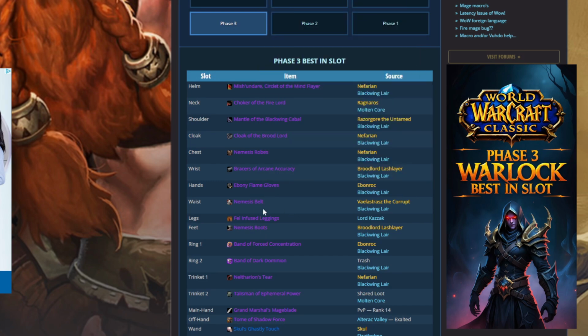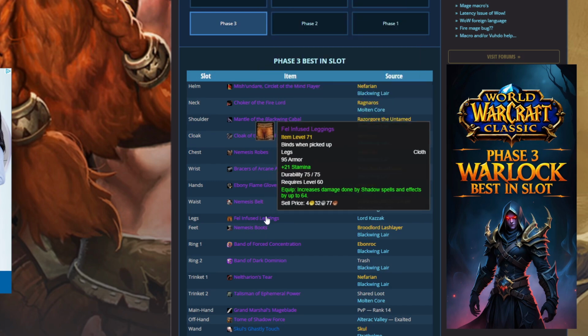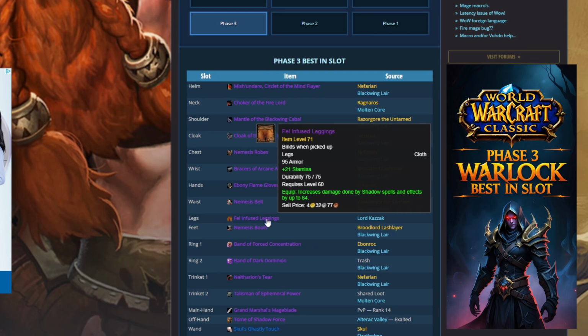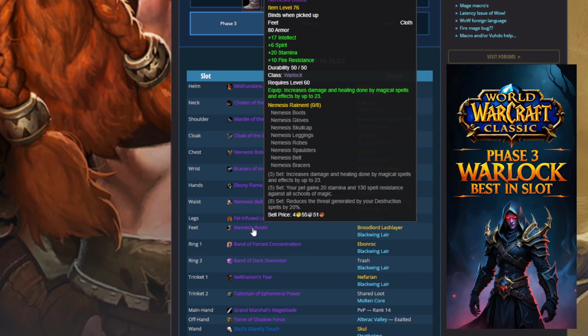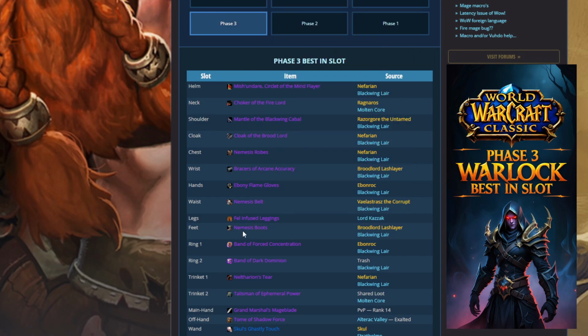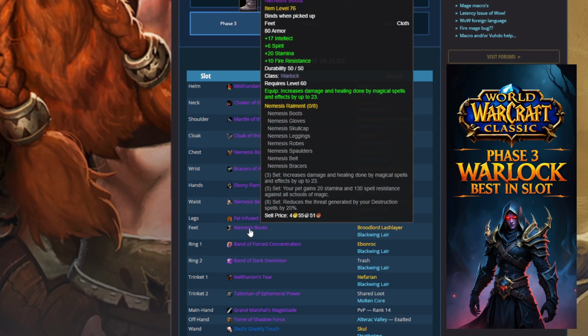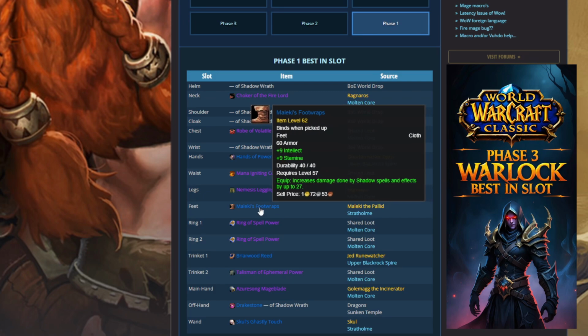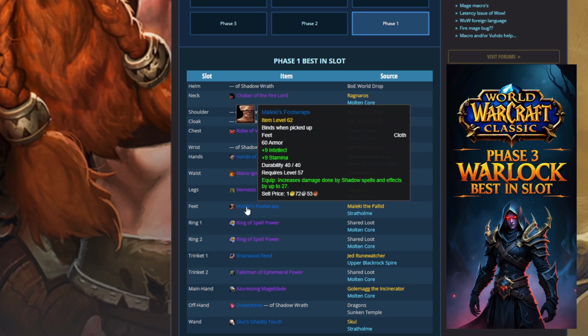So this would be maybe a flex spot where you could use the Nemesis leggings in the meantime, unless you are able to get the world boss. So if we take a look at the boots, you want to get the Nemesis boots. But overall, like I said, for the set pieces, great. If you have all 3, it makes sense. But in the meantime, realistically, you're probably just going to still be using your regular foot wraps that you got